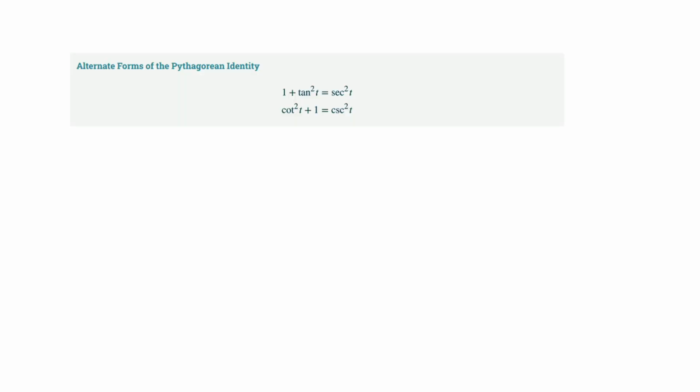Let's continue with some ideas we've seen and revisit something that we haven't touched on in a little bit. Do you remember, it's been some time, but we saw this. Sine squared of t plus cosine squared of t equals 1. So we called this the Pythagorean identity, and it was based on the fact that if we're inside that unit